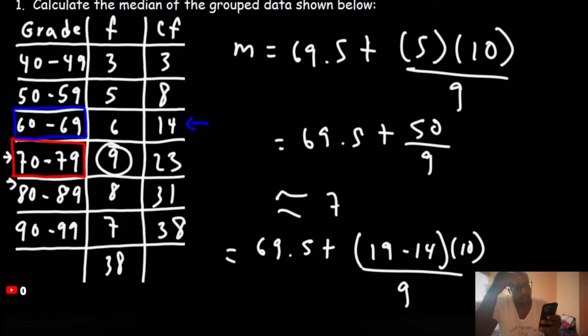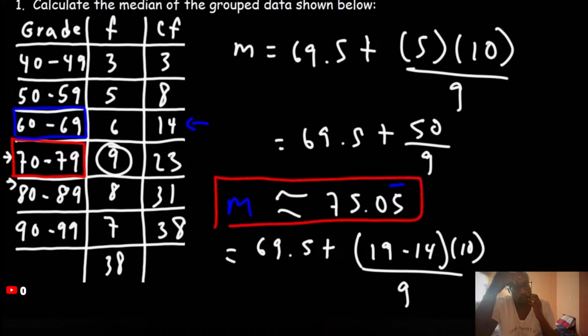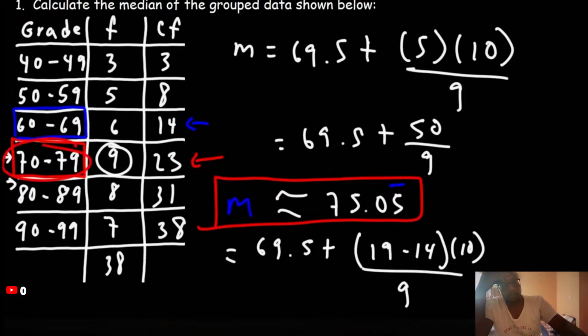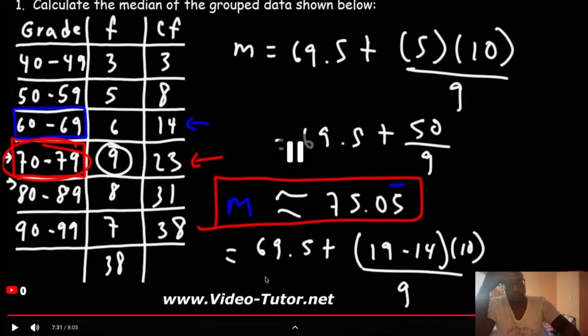So this rounds to 75.05. Well, if we want the exact answer, it's 75.05 repeating. So that's the value of the median. And it makes sense. We can see that this number is in the median class. It's between 70 and 79. So that's how you can calculate